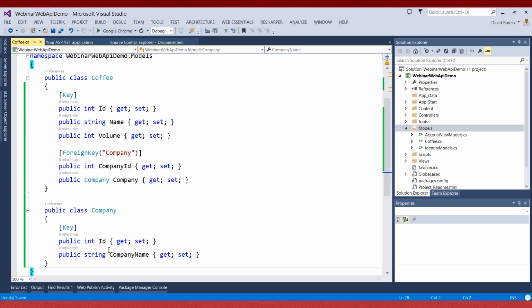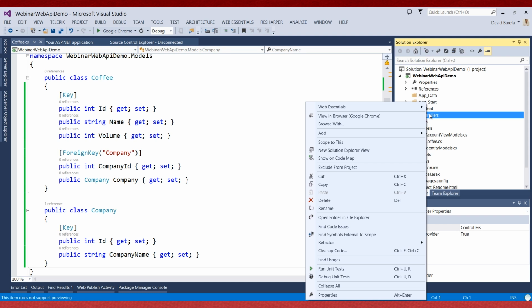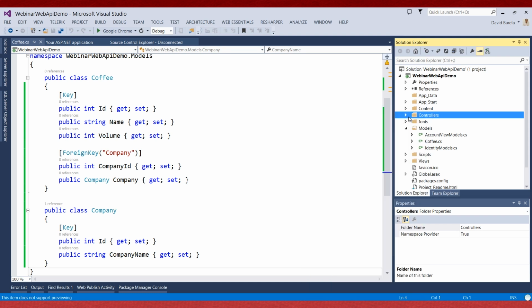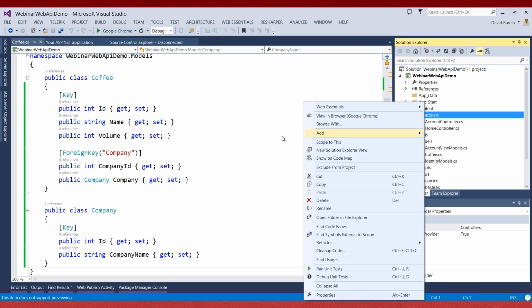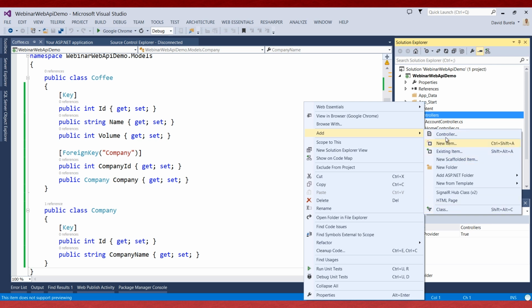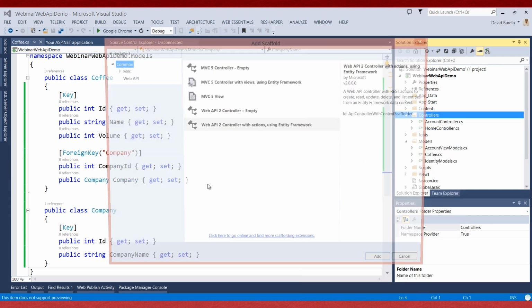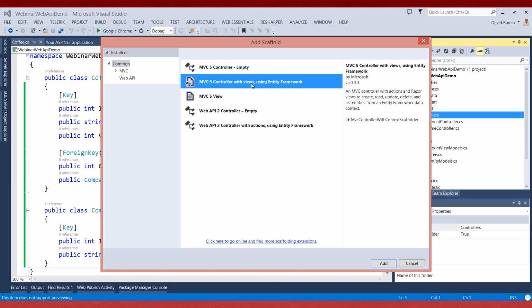Okay, so that's enough for Entity Framework to take this, create our tables for us, and we can get the MVC scaffolding now to create the screens to do the create, reads, updates, and deletes. So again, let's just get to where we were last time, and under controllers, we'll add 2 controllers, add a new scaffolded item, MVC5,